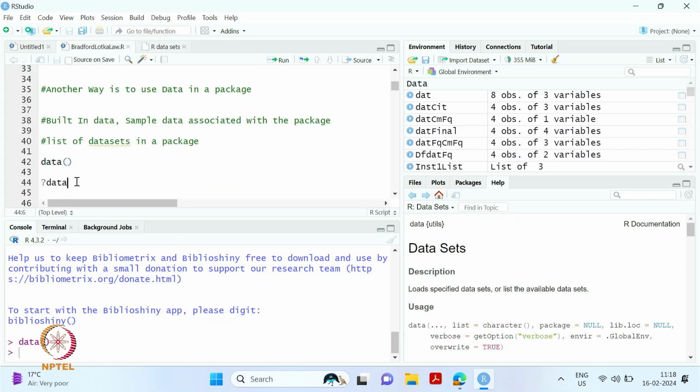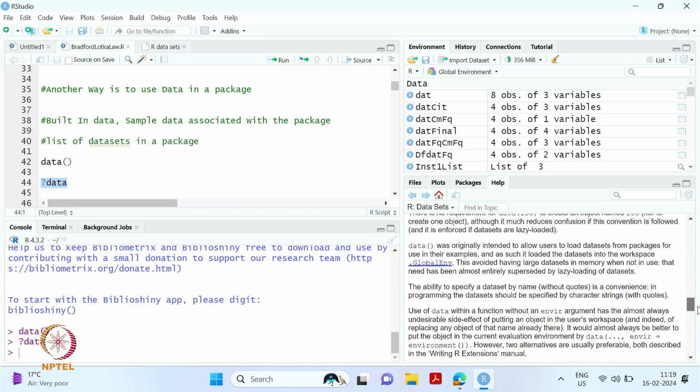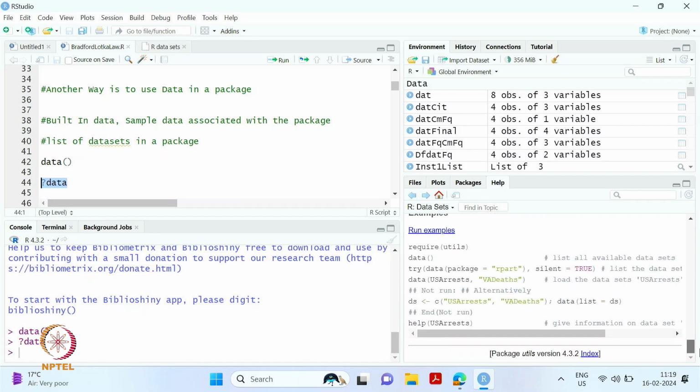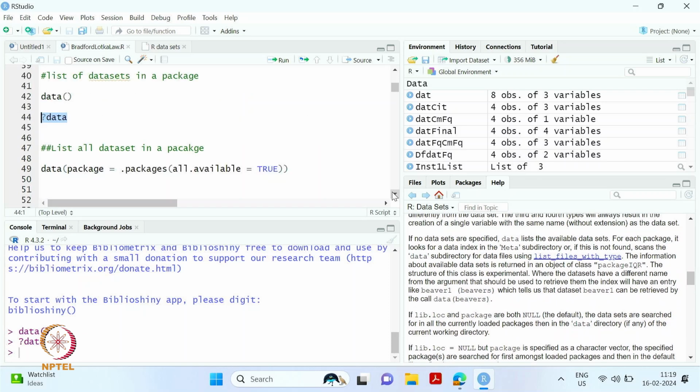If we want to know about this data function, we use the question mark, and help is there. This is the way you can call the data, and it shows exactly how to call it and what the documentation is. Then we want to know what data sets are available with all the packages. So we call the data function like this, where whichever package has data, it lists all of it. If I run this,